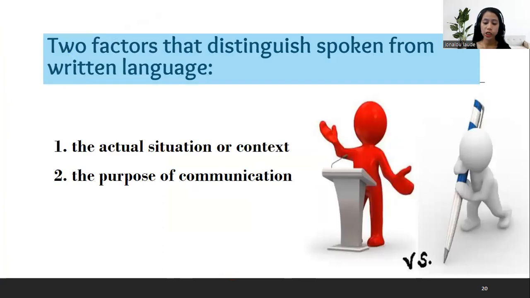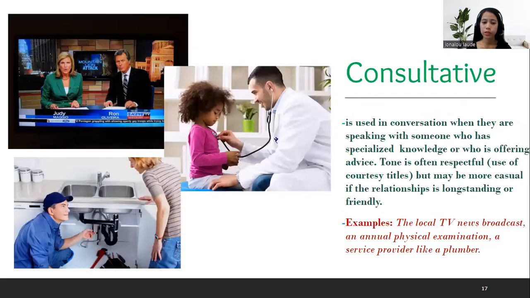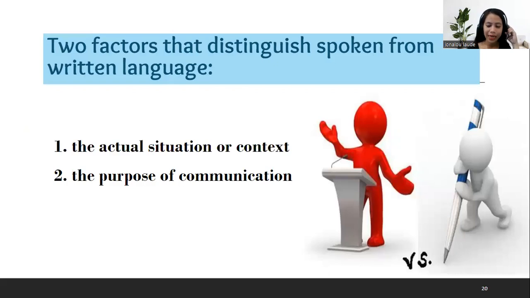The 5 distinct registers. Okay, so next class, since we already know what those varieties of language are, right? We have Creole, Pidgin, minority, regional, and indigenous varieties, and also language registers: the formal, the intimate, the casual, the frozen, and also the consultative. But now we will proceed to the 2 forms of spoken and written language. We have 2 forms of language, which are the spoken and the written